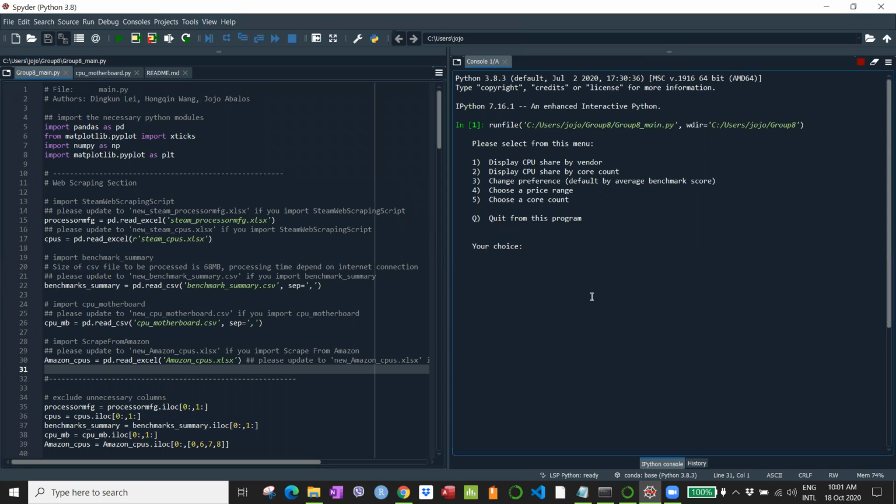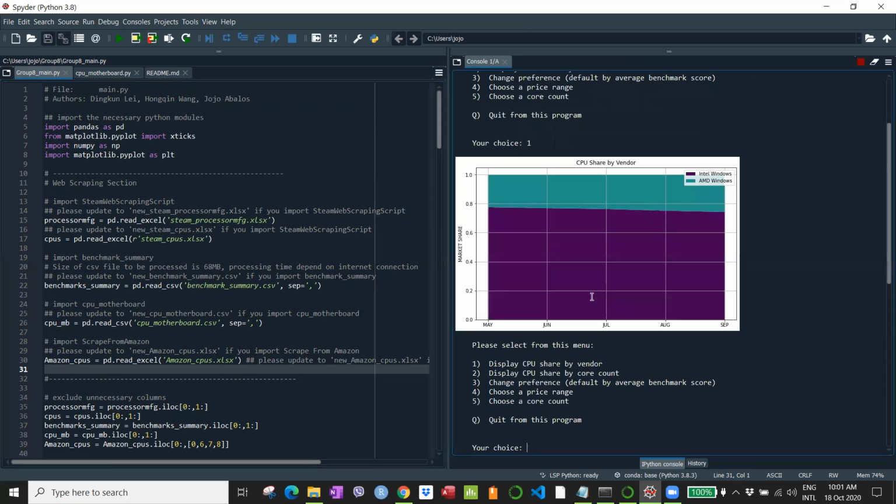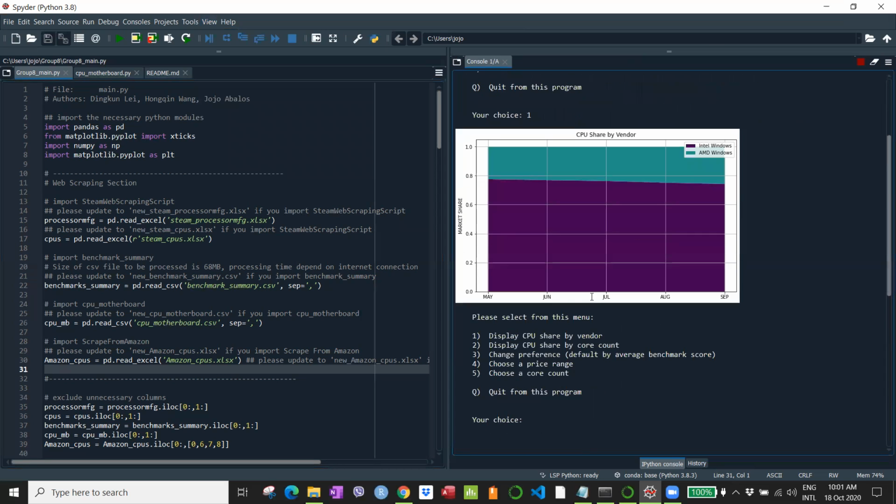Okay, so now to start off, if you see we have 5 different menu options, so we can take a look at this one by one. The first menu is to display the CPU share by vendor. We could hit our choice here, and it will actually display us the CPU share by vendor as an area